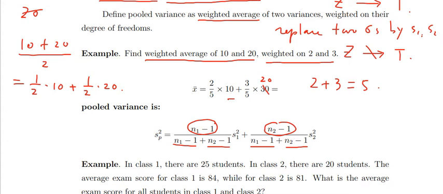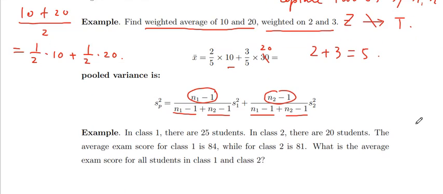So you understand this, right? The pooled variance is the weighted average of S1 square and S2 square, weighted on those 2 numbers, the degrees of freedom. Okay, so weighted average